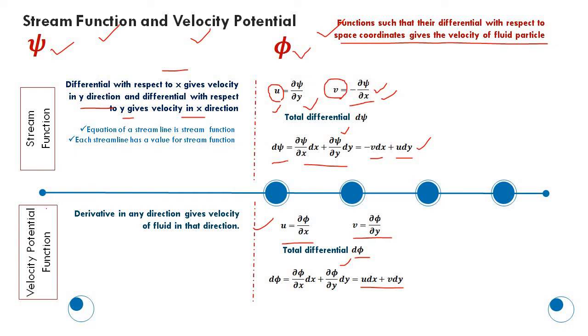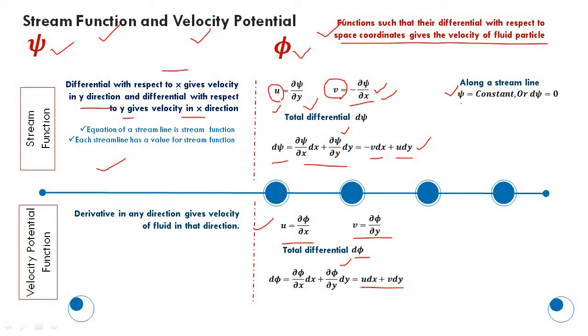So the equation of a streamline is given by the stream function. So what does it represent? Stream function equal to constant. It is the equation of a particular streamline. So each streamline has got its own equation. That is written here: psi equal to constant along a particular streamline. You know how an equation corresponds to a line or a curve. y square equal to 4ax is the equation of a parabola. y equal to mx plus c is the equation of a straight line.